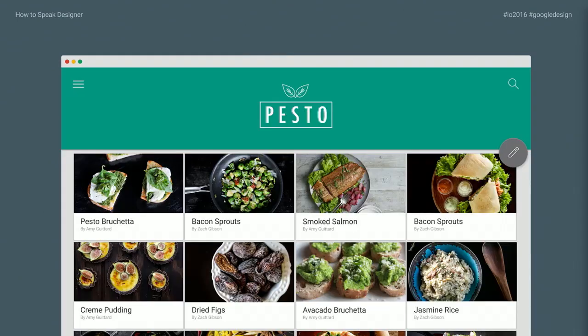That sounds good. So next version, we get a little bit closer here. We're starting to bring the identity more into play. You're starting to see color take its presence within the app. We've pulled that edit icon out, put it onto a floating action button, so it's a little bit more prominent. I wish it still had a little bit more color and felt connected. I can't really tell if that's enabled or disabled or if it wants me to click it or not. And the grid's a little bit closer, but I'm not getting it from the type. I feel like the art direction's a little soft here.